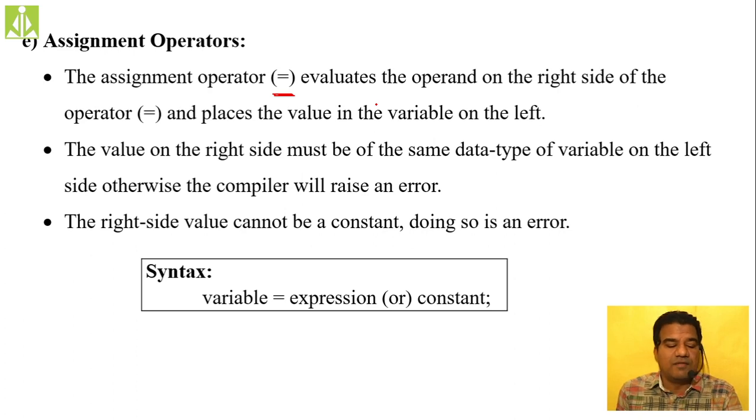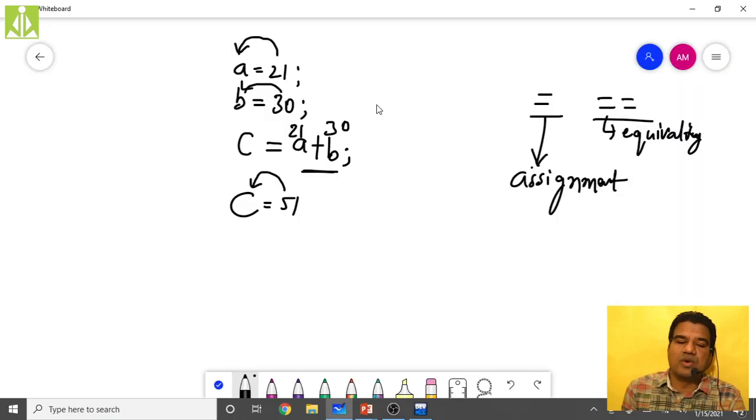So when you are storing an integer value into a variable, over here we said 21. This 21 is an integer value. So here a must be of type integer. Same thing for b. b must be of type integer, like this. So the value 21, a literal constant, is an integer type. To hold that value, we need an integer variable.